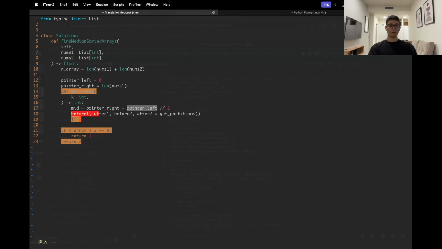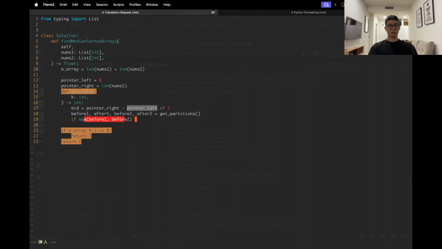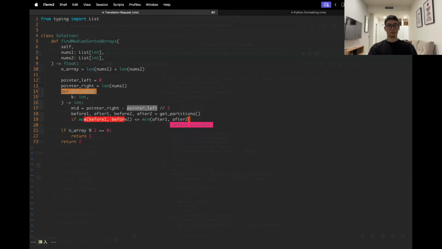And if the max value of before 1 and before 2 is smaller than or equal to the minimum of after 1 and after 2, that's great. Let's say return, I guess. Yeah. And then else